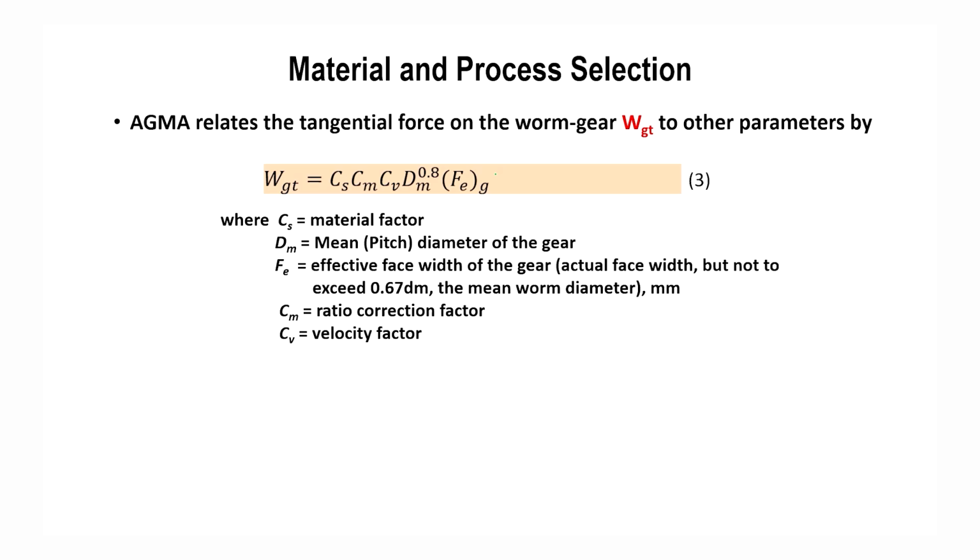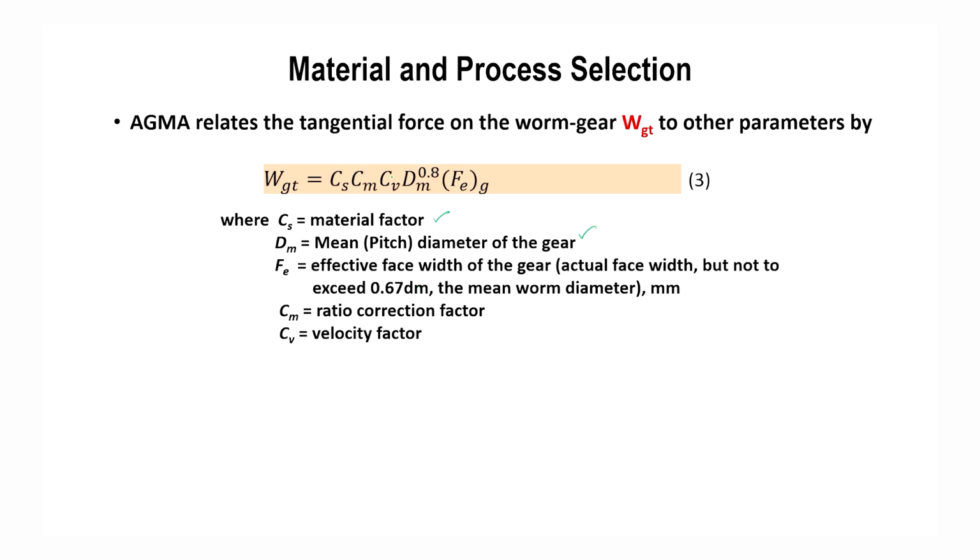Let us find what these parameters are, where CS is the material factor, dm is the mean or pitch diameter of the gear, Fe is the effective face width of the gear, actual face width but not to exceed 0.67 of the mean diameter of the worm in mm, and CM is the ratio correction factor and CV